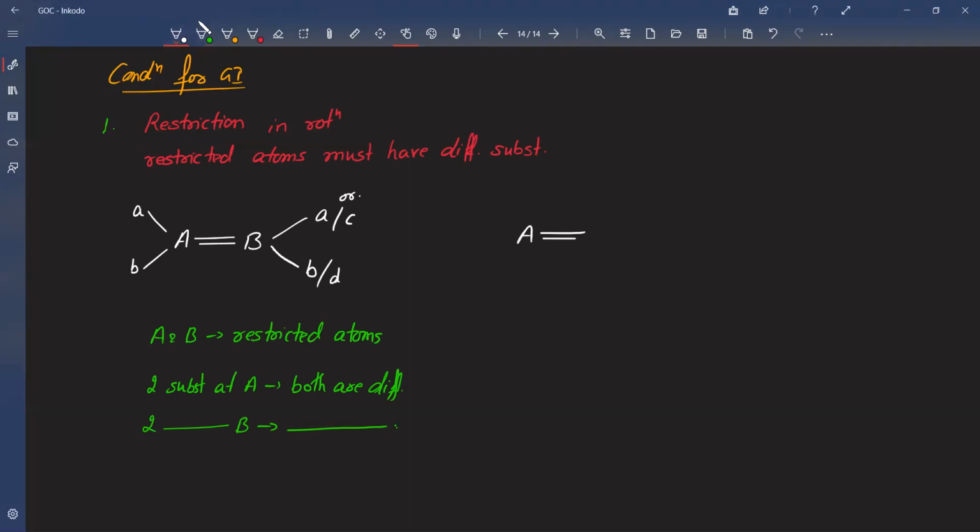Or let's say A double bond B, there is A, and here there can be anything. Let's say there is A and B, right? So as per this example, what we see here is these two are not different. It should have been different. But if it is not different, then what happens, right? What will happen is, if you do